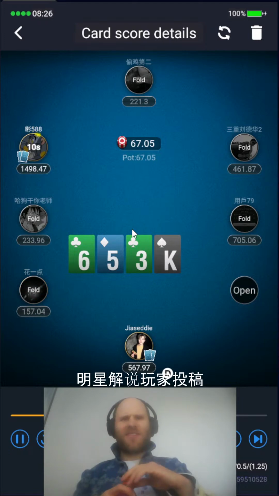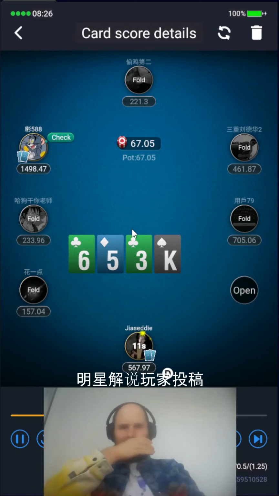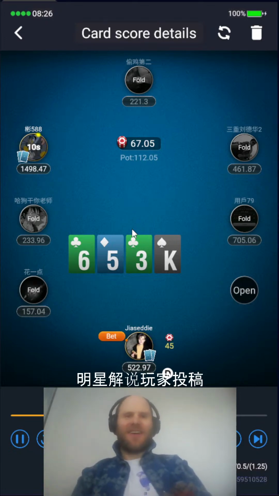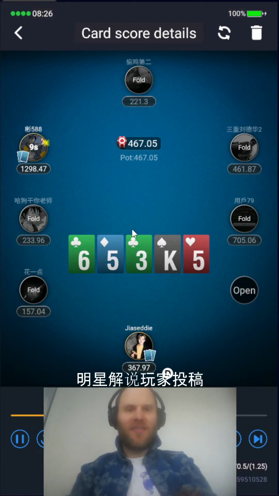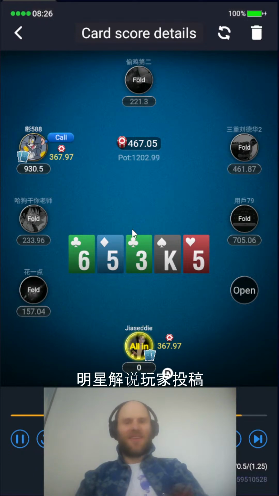So again, we're going to see, and they're super deep too. Even here. Obviously the deeper you get, the more valuable being in position is, which is nice for someone like Giacetti. He can control the size of the pot, but here he's up against